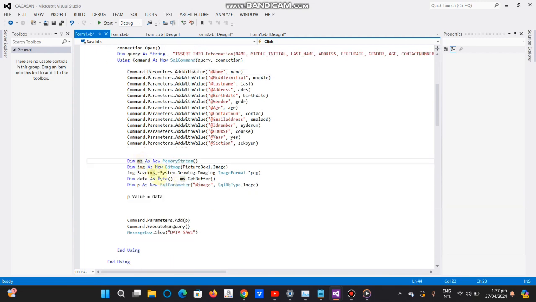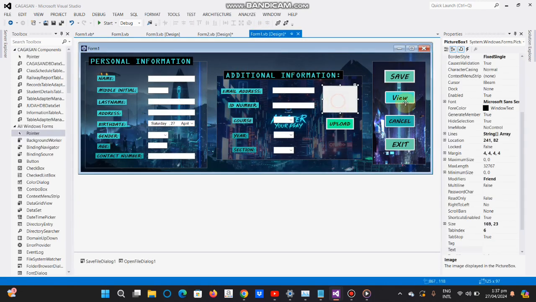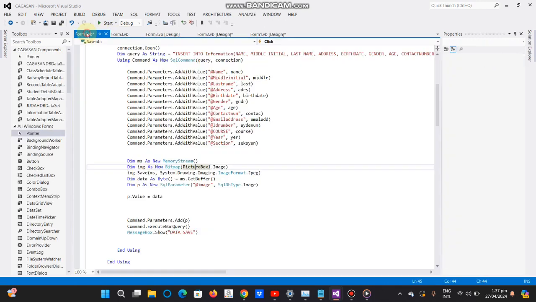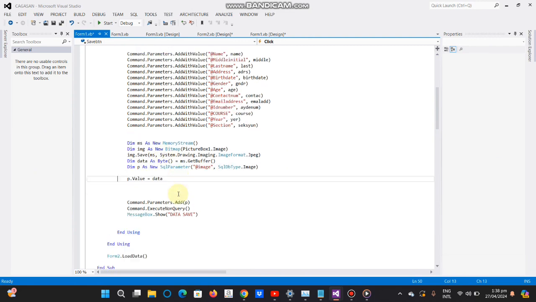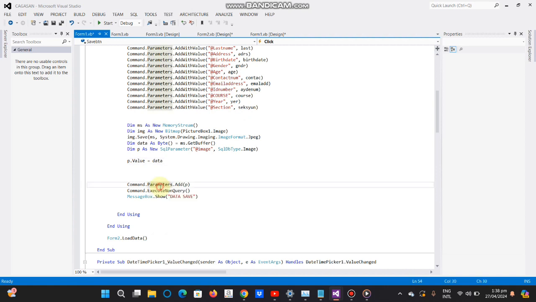Then the memory stream, then the image bitmap, and to the picture box. This is the picture box one. Then the data, and also the parameters.